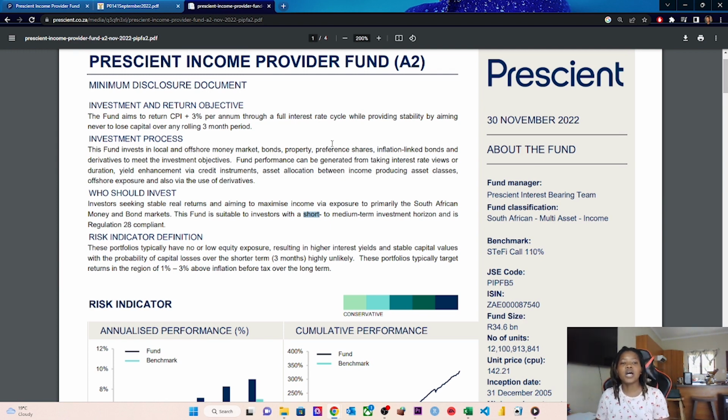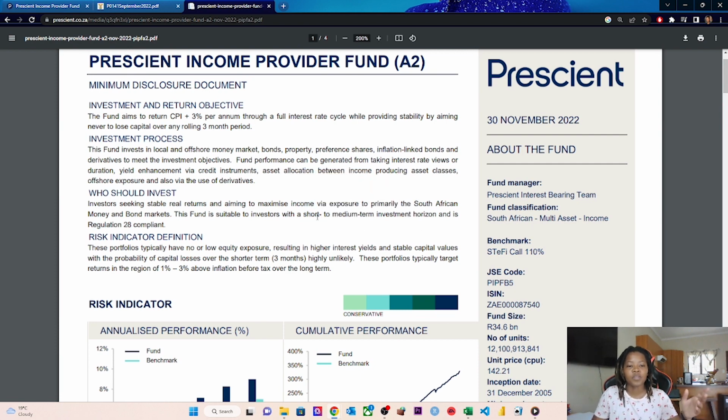Do you understand? Whereas with equities, I can put in 10,000 today, and then next week something happens to Naspers, something happens to, you know, what is this? British Tobacco, all of the big ones, and let's say I'm invested in the top 40, and then my 10,000 turns to 6,000 Rand, right? So I'm going to be less able to withdraw that money in a week's time. So equities require someone with a medium to, let's say, long-term investment horizon,